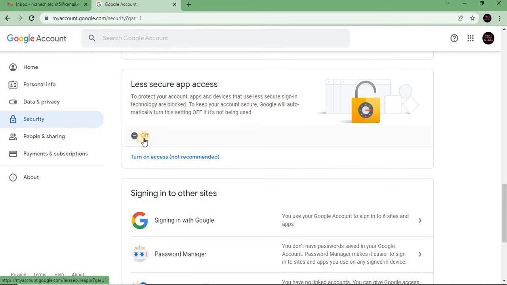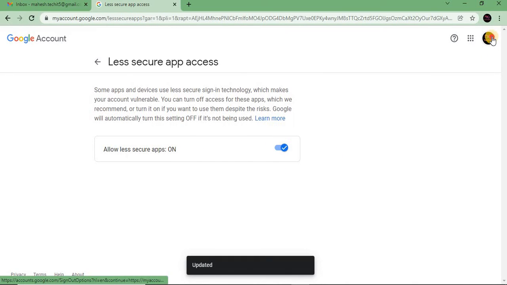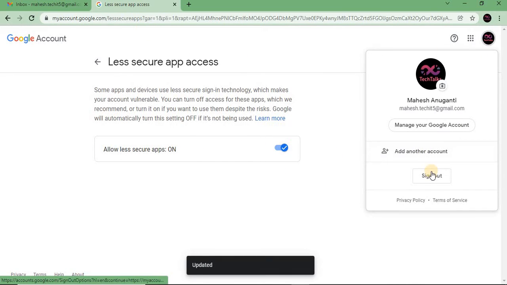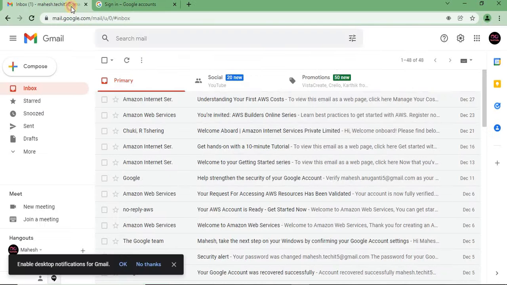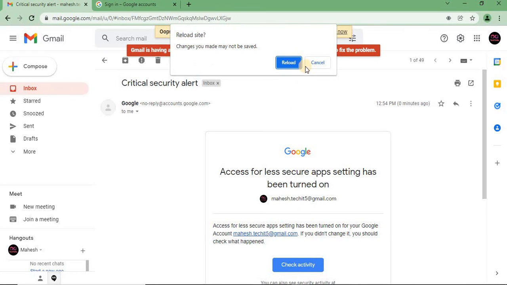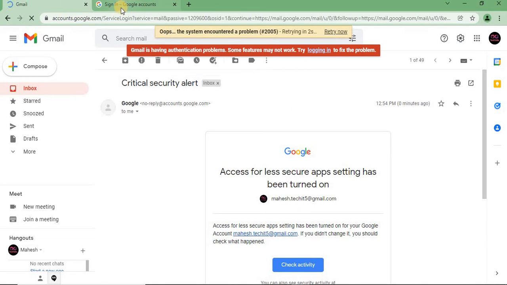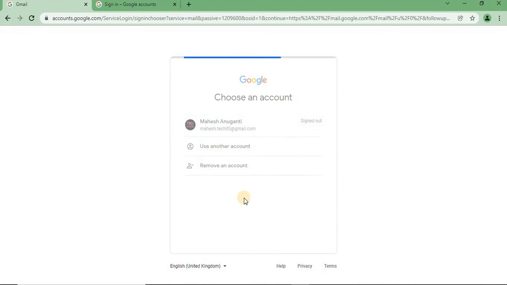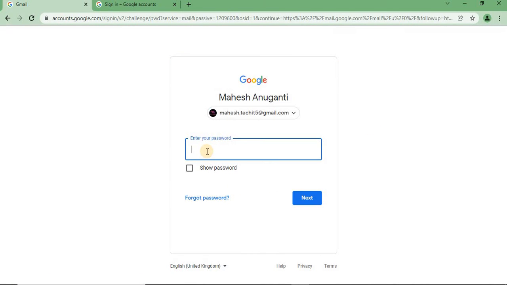By default it is off. We need to turn it on, and after this you need to sign out and log in again. It is telling that someone has turned this on. I'm just logging back in.